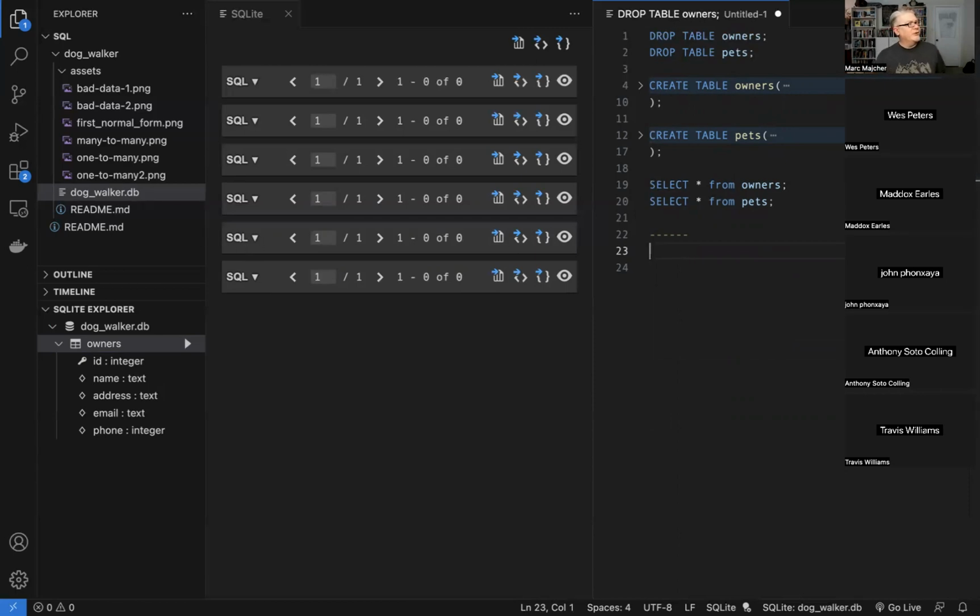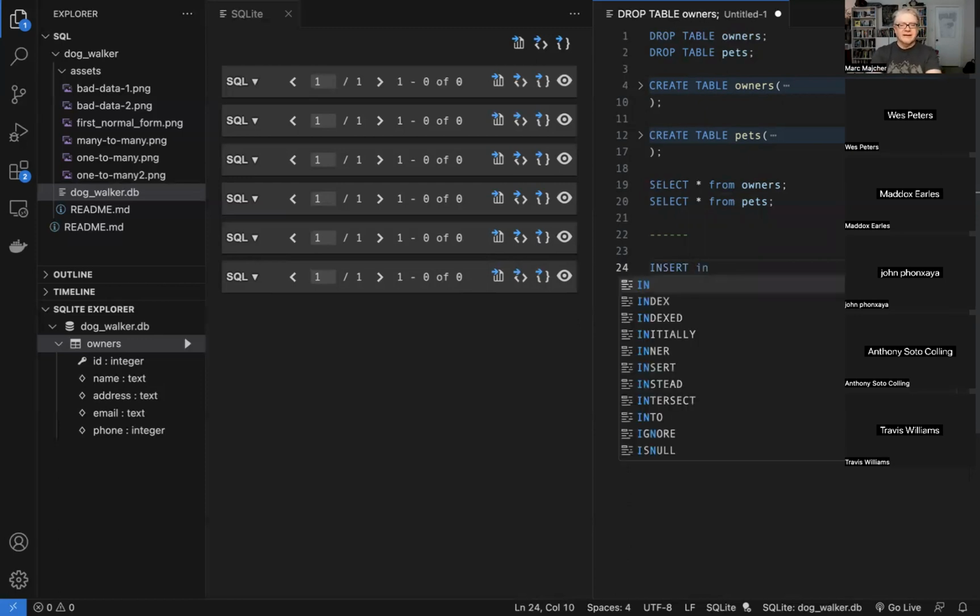We would like to add some stuff to the table. Our create action in our CRUD is called inserting into the table. We're inserting a record into the table, and that is going to be with the insert keyword.